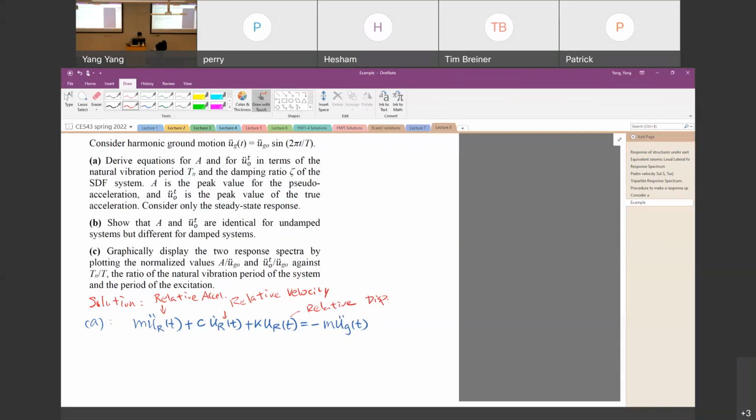So now we substitute, because the ground acceleration here, u_g double dot of t, is given to us. It's a harmonic excitation. So we have that information, and we should be able to have the